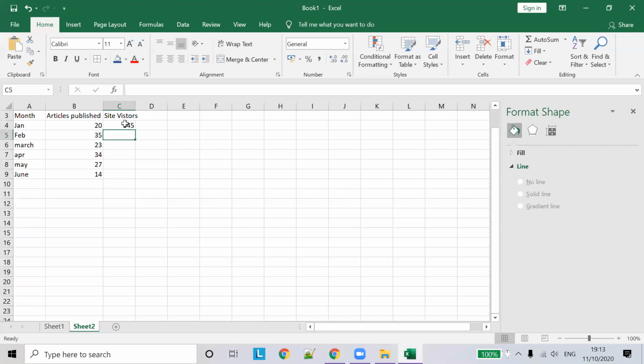Around 20 articles were published in January, and 345 readers have read the articles. Then we'll give random numbers for the other months also. 1, 2, 3.